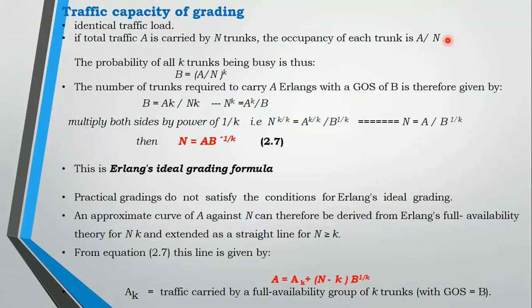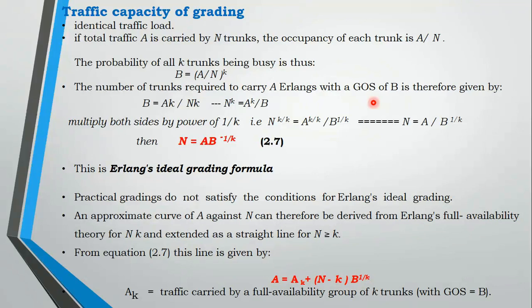And how do we find the probability of busy trunks, because the traffic may be random. It may be maximum or it may be minimum depending on the number of subscribers who will be calling and communicating. The probability of availability of busy trunks, according to the busy hour, is B equal to (A by N) to the power of K. But here you need to find out the grade of service for a particular network, and you need to apply that to Erlang's formula also. For that purpose, we'll apply the same thing: the number of trunks required to carry A Erlang with a given grade of service will be calculated.